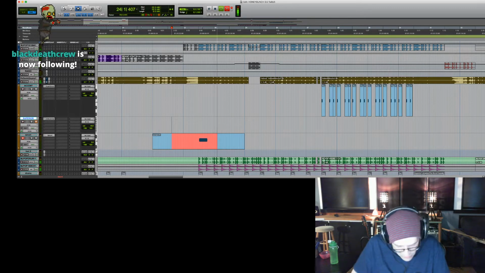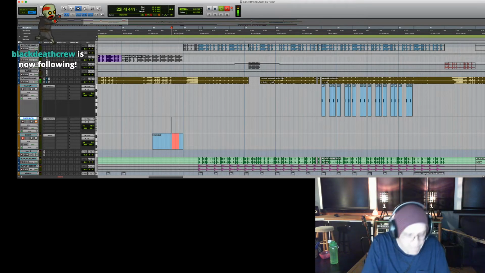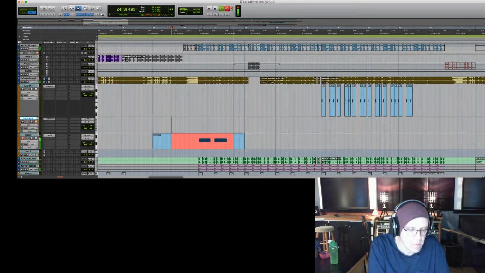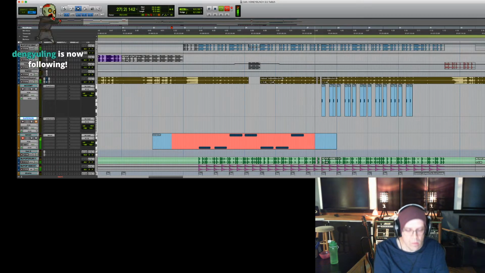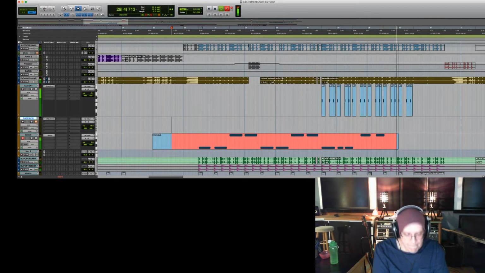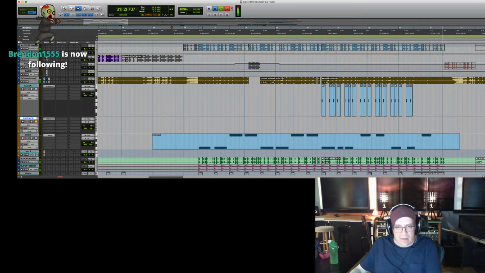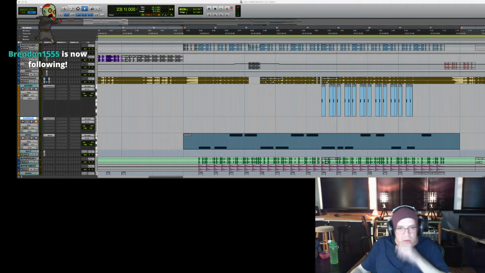Whoop, it's a G and a C. There's a latency on the interface that I'm using that is making this a little weird, but it's okay because we'll fix it.